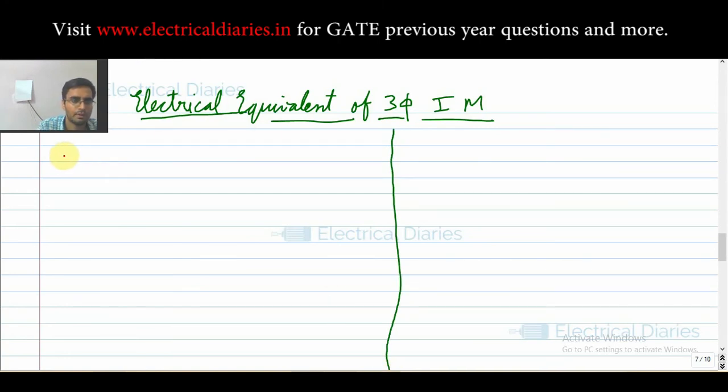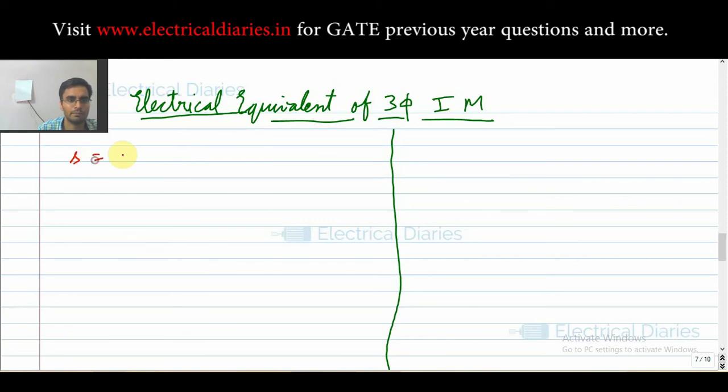The one thing that you should see is simple. It is the same as a transformer only. We treat it the same, but we make some provision to introduce the slip concept in the equivalent circuit of the transformer. It is similar to the transformer, but you introduce something to take care of the mechanical load, and when you take care of it, you introduce the concept of slip, that is S. I hope you know what slip is.